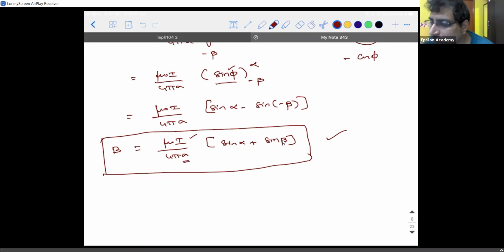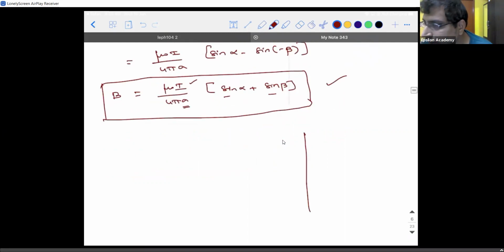Then I need to remember this sine plus sine. What is this alpha and beta? I need to have clarity on it, because alpha and beta are angles. Which angle do I need to take into consideration? For example, in a question,